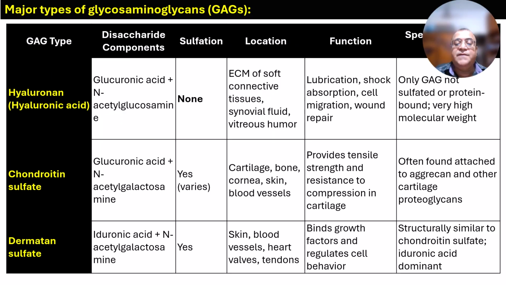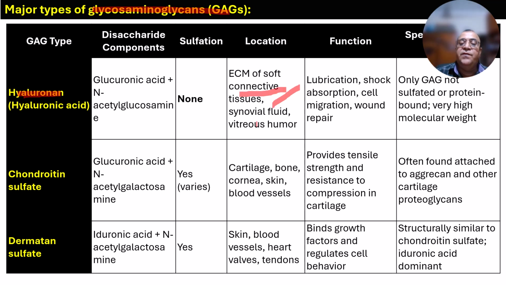Now we will see different types of glycosaminoglycans and their characteristics. We have studied hyaluronan or hyaluronic acid in detail, that is present in the connective tissue,